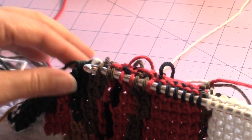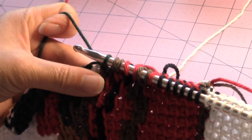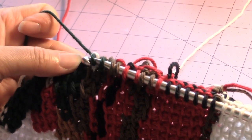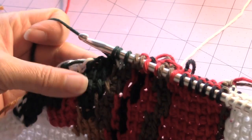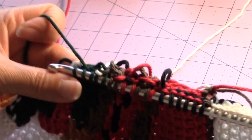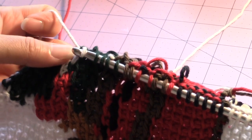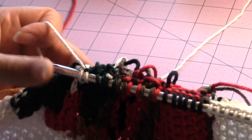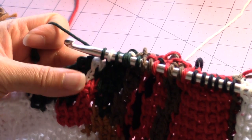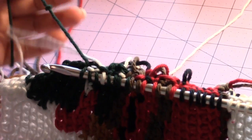And I have my green right here. Give a gentle tug. There's 1, 2, 3, 4. Here's 1 of the white. Two of the green, and then 1 white,